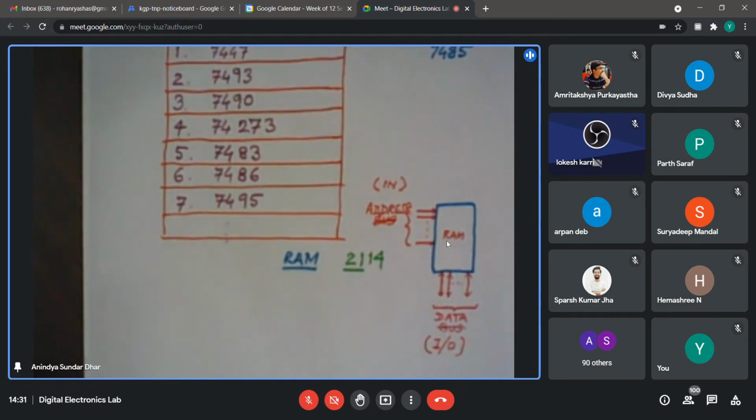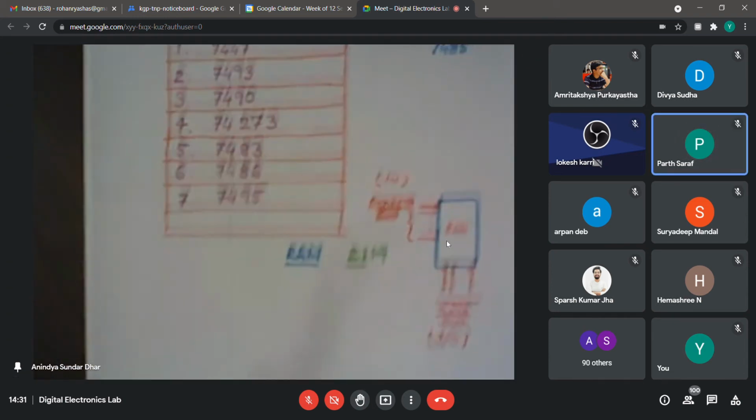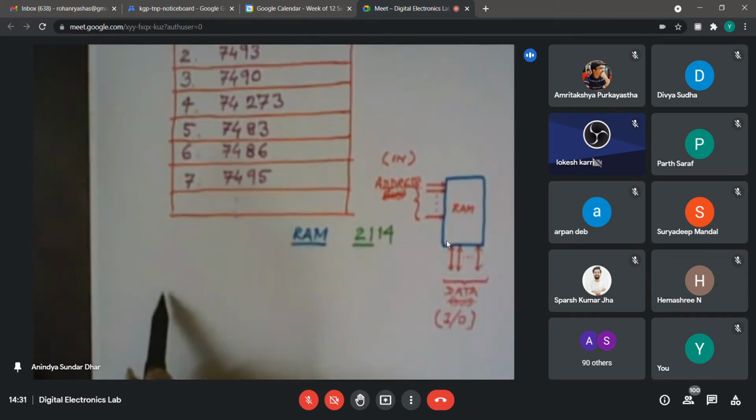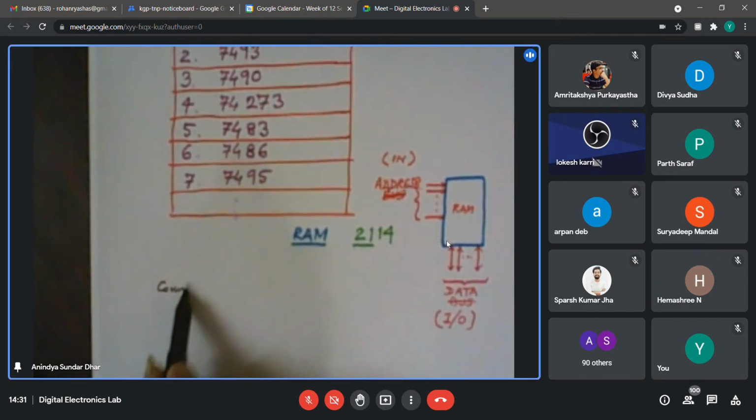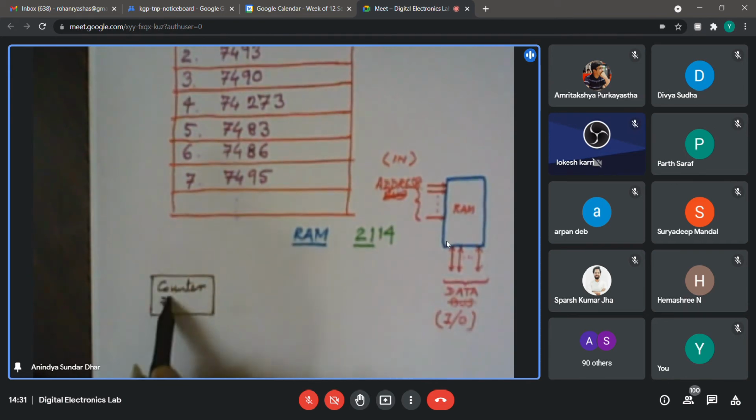What is the last experiment you carried out? Sir, roll number experiment. Okay. So in roll number generation, what you did, you put a counter. What is that counter? 7490 or 93? Which counter you have used? 93. 93, but you require 10 state, right? So many of you must have used 90. Otherwise, for 93, you need a resetting after 10 state.